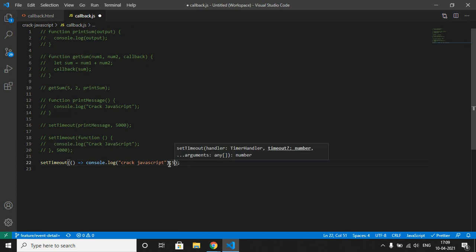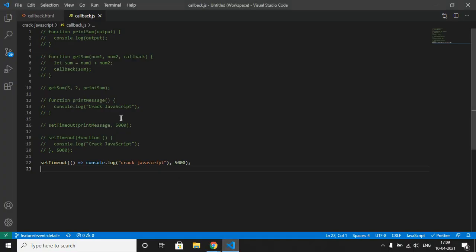Let me give the time interval for that. Let me check. 1, 2, 3, 4, 5. And yes, in our case all three functions, printMessage, the anonymous function, and the callback as an arrow function, all give the same output. So this is what callbacks look like.